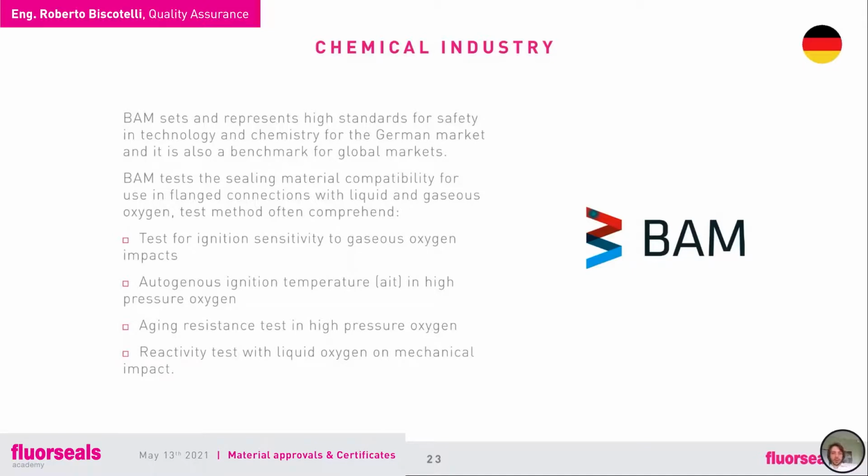Then for sealing material, we have the BAM approval. BAM is the Federal Institute for Materials Research and Testing. It's a German institute, a government-based institution. They set out safety standards for the German market, but